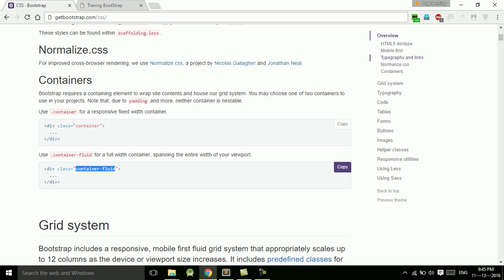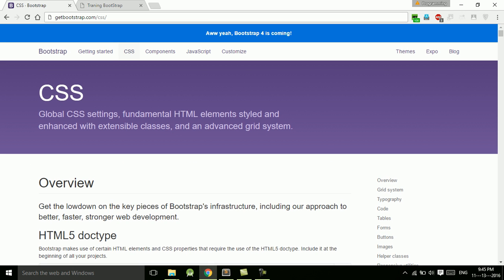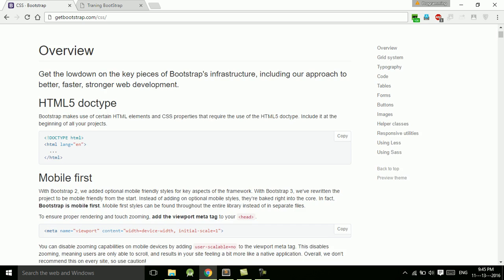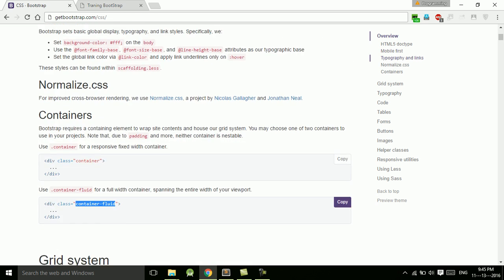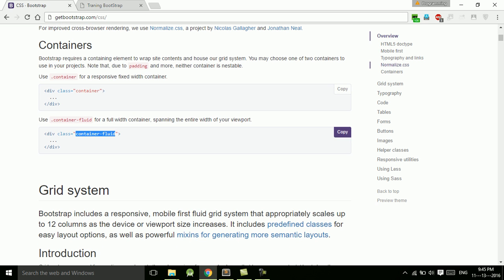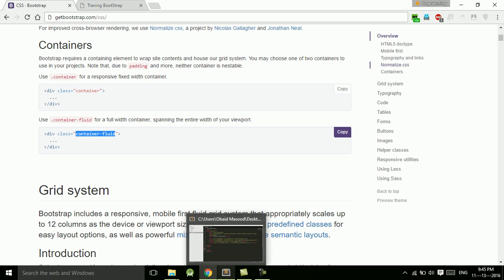Like, you have seen that there are two types of websites, the one that takes the entire width of the screen and the one like this Bootstrap page that is centered. So if you want to use a centered container, for that purpose you use container, and if you want a full width container you use container-fluid. So let's get back to the